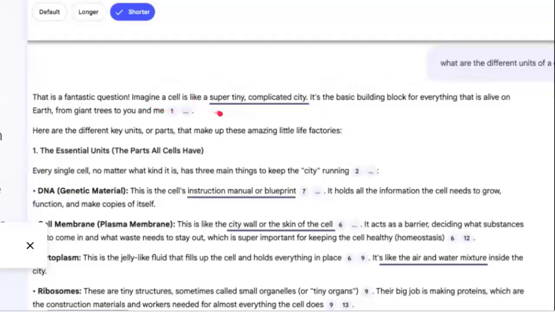It's using the analogy of a cell as like a super tiny complicated city. And then down here, it's still taking that analogy throughout their entire answer. So like the membrane is like the city wall or the skin of the cell. And so that is how you can customize how your chat